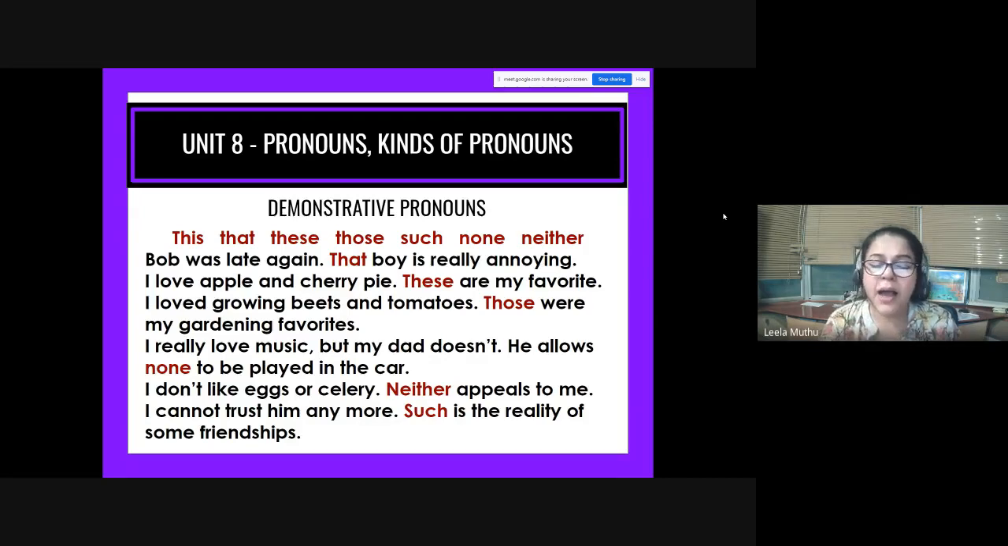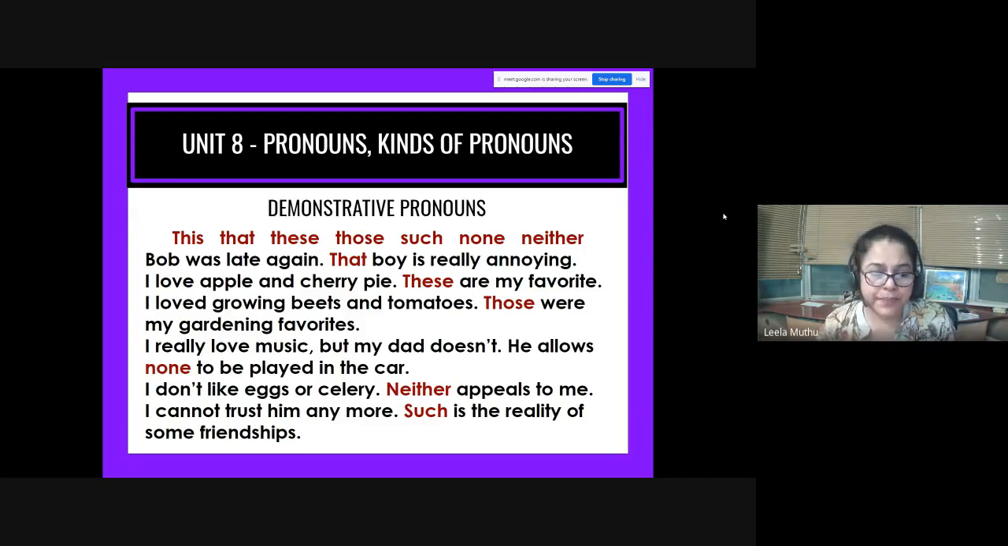Okay. I really love music, but my dad doesn't. He allows none to be played in the car. So "none" here is a demonstrative pronoun which is directly referring to the music. He allows no music to be played, none to be played in the car. Okay? So "none" is a pronoun which takes the place of the music. So instead of saying "he allows no music to be played in the car," we just say "he allows none," which means